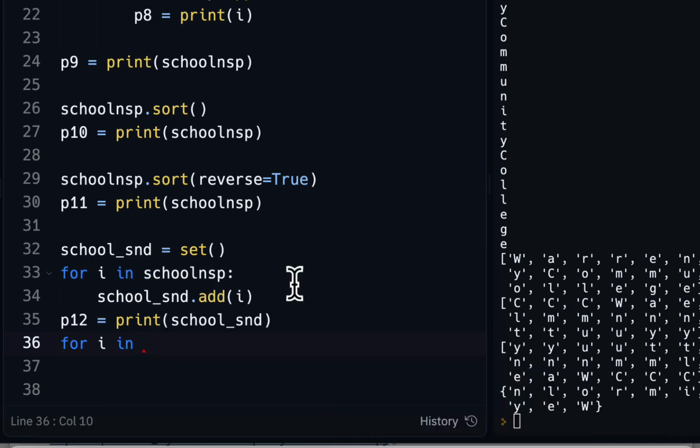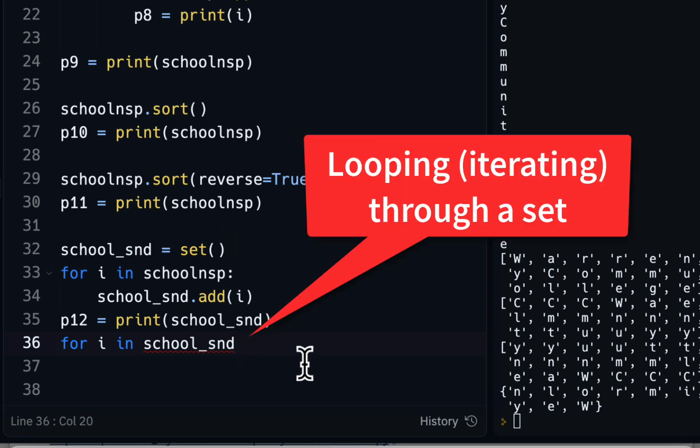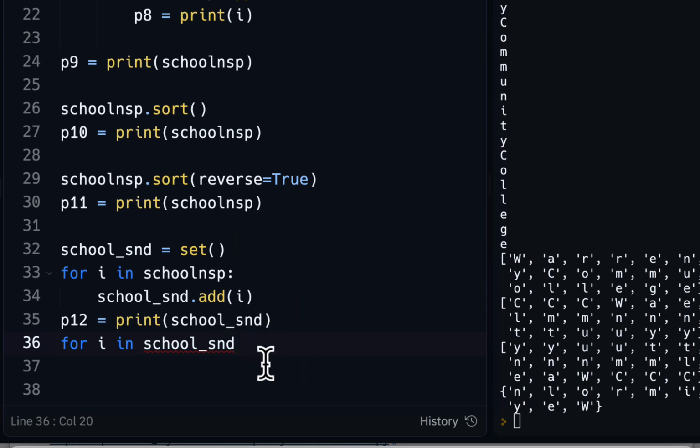And now we're going to go through our new set. We're going to loop through the set, so we're going from a list to a set back to a list. And for i in school_set,